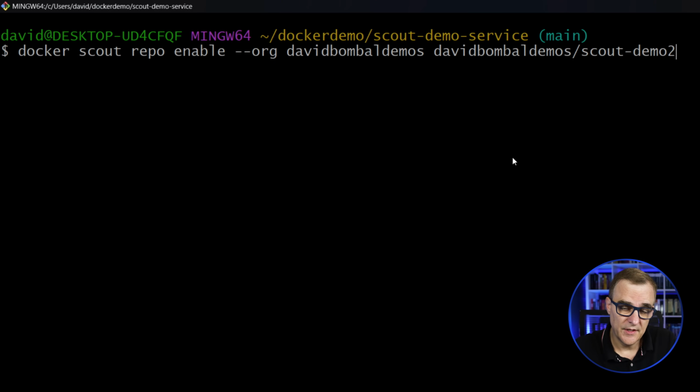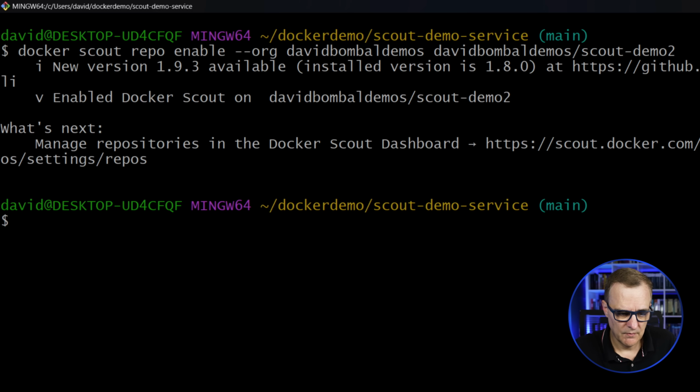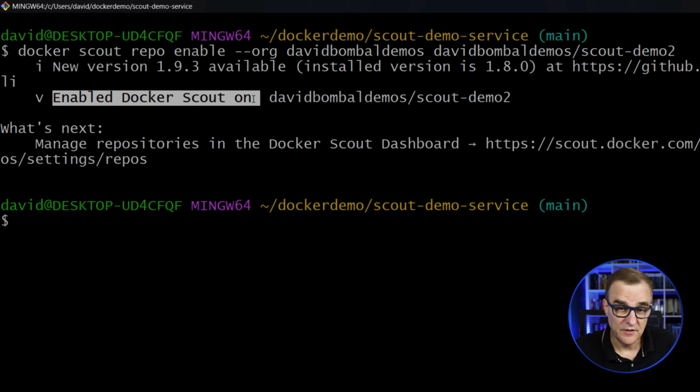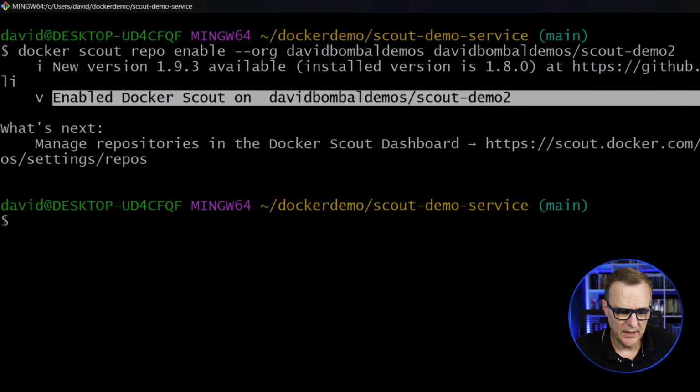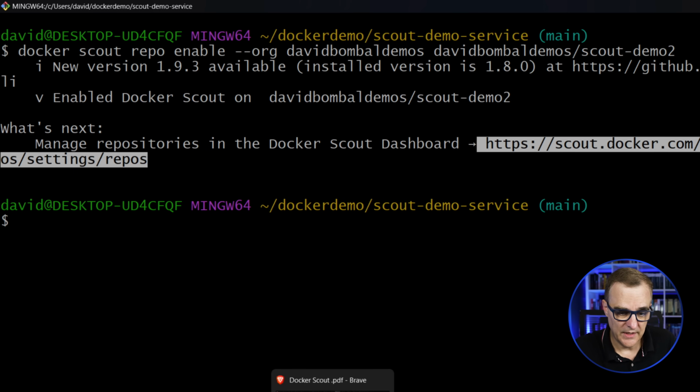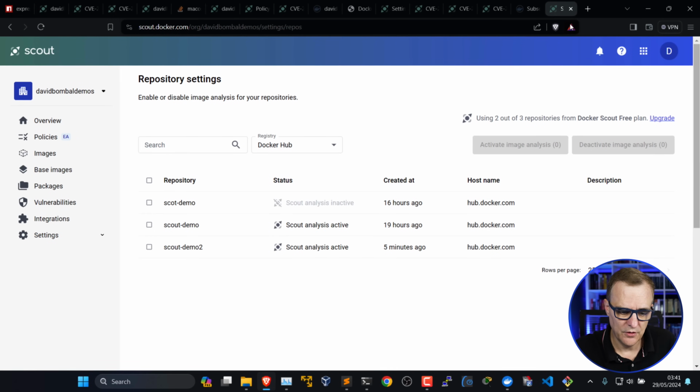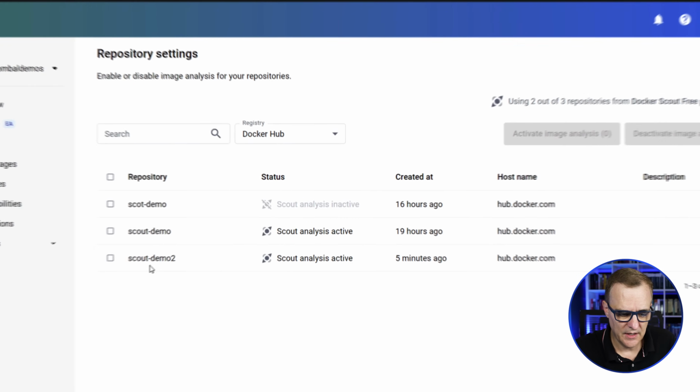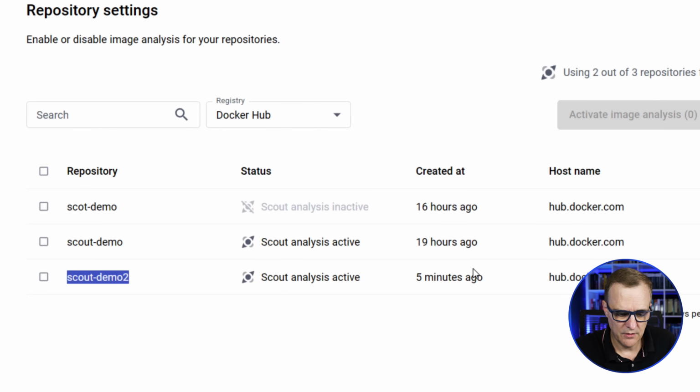Okay, next thing we need to do is enable Docker Scout on the repository. So we use the command docker scout repo enable, organization name, and then the repository. And we can see now that Docker Scout has been enabled on that repository. We can now manage it through the Docker Scout dashboard, and they give us a URL to the Docker Scout dashboard. I already have that open, but let's use their link. And as you can see here, we've got Docker Scout demo created 5 minutes ago, and Docker Scout is active